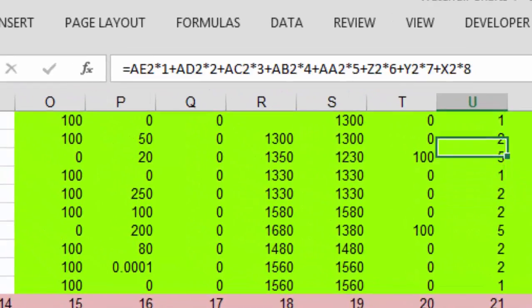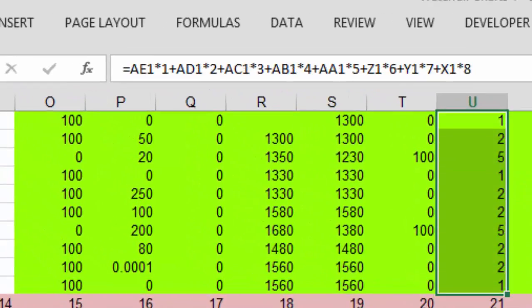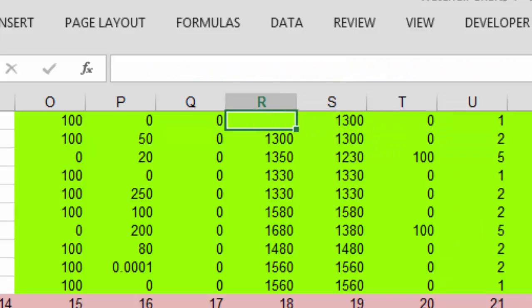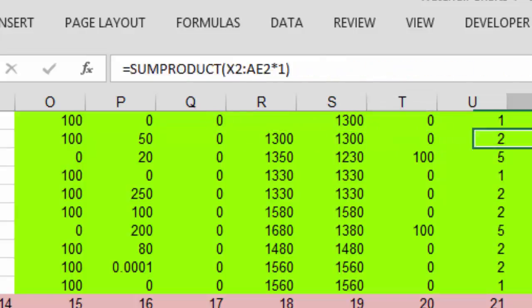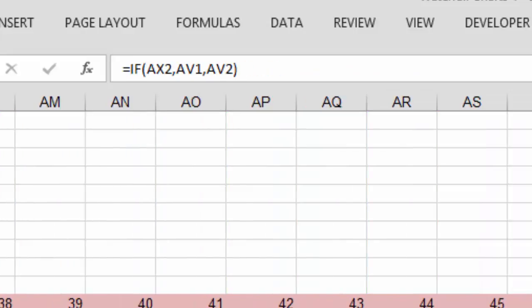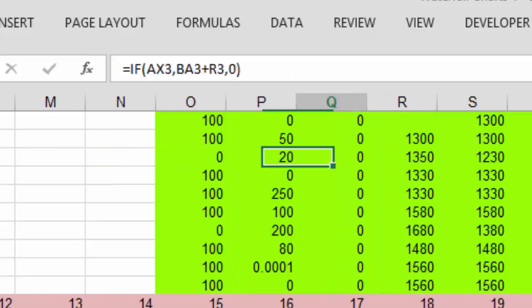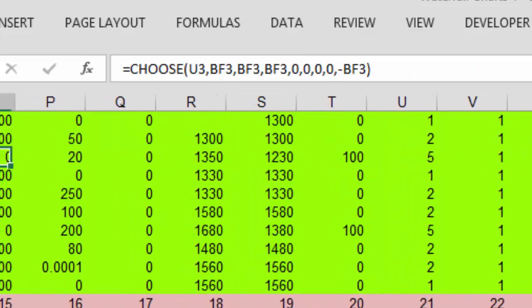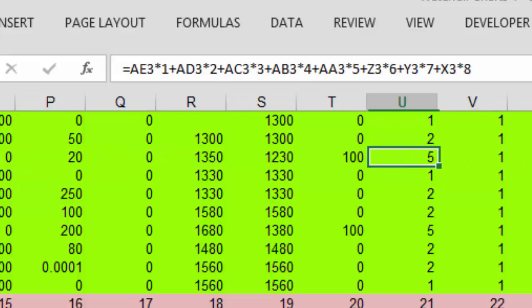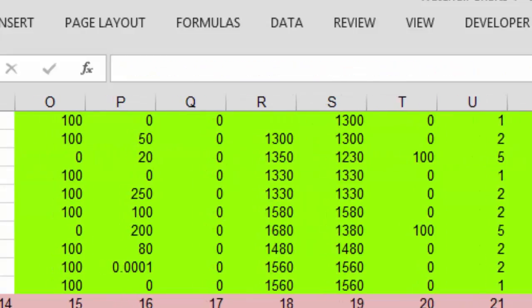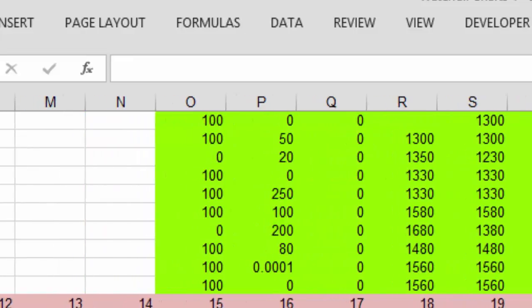So here we find a code number for all the possibilities. This says, take 1 times the first true, 2 times the second true, and so on, and you use this code number with the choose command. Sometimes you have to take the cumulative amount, sometimes you have to take the absolute value, sometimes you have to add one, but basically all the formulas that you really need are in this part of the program. So you could even mess around with it and adjust it. Now, in the macro itself,